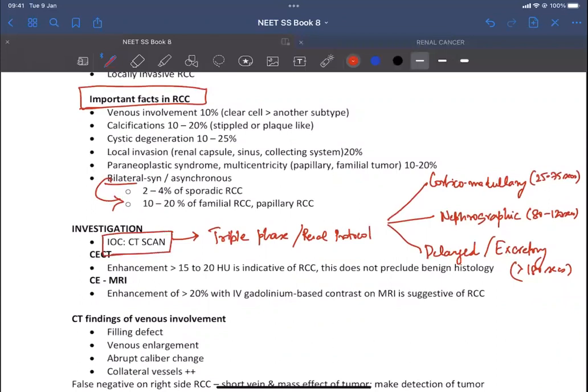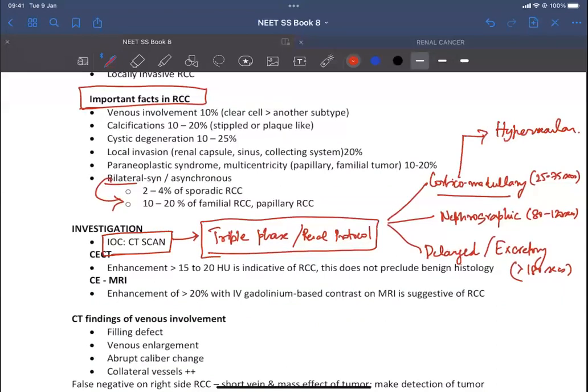Investigation of choice is a CT scan. For diagnosis, it's a triple phase or renal protocol CT. So what are the three phases? They are the corticomedullary phase, in which hypervascular tumors appear, the nephrographic phase, in which you can see small hypovascular tumors because the entire kidney enhances in this phase, and the delayed excretory phase, which gives an indication of the excretory system, so you can see PCCs